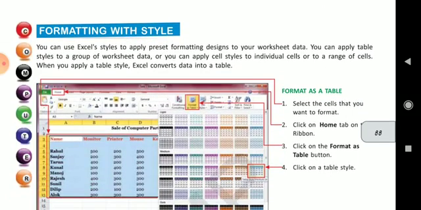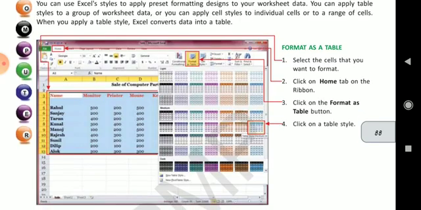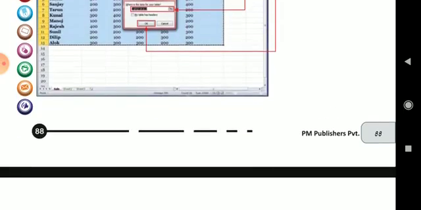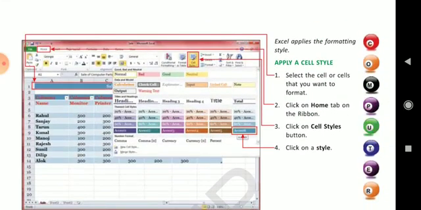Formatting with style. Again, format as a table. You can change your whole data into the form of a table, and you can also change the table formats here. Click on the home tab and format as table. Under that, when you have selected the table, you can also change the style of the cell. Apply a cell style.